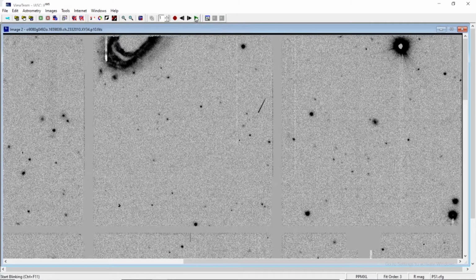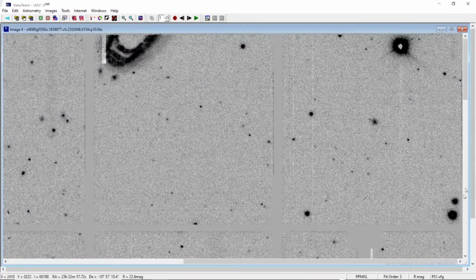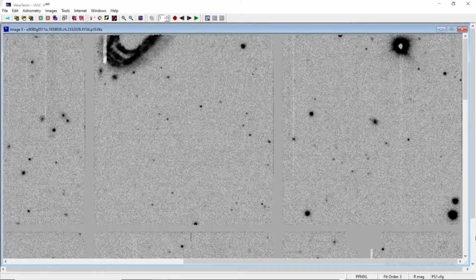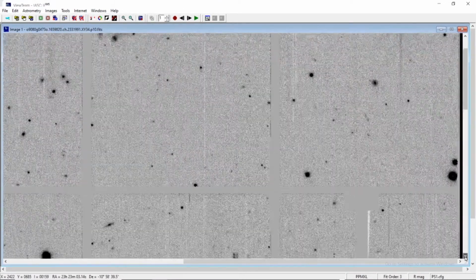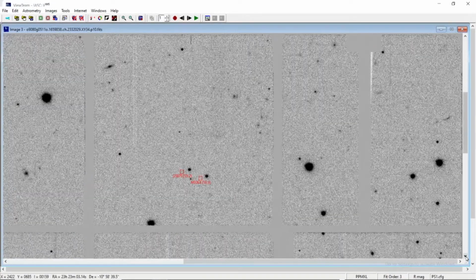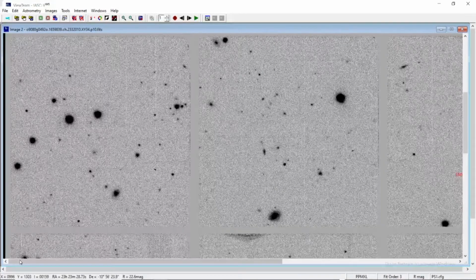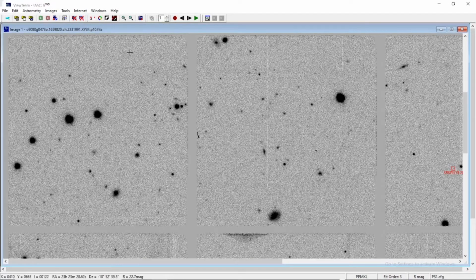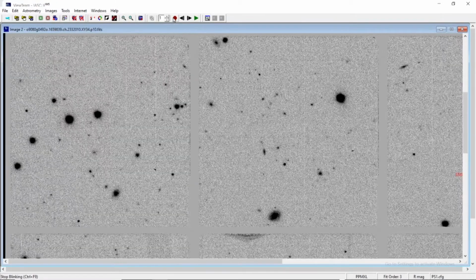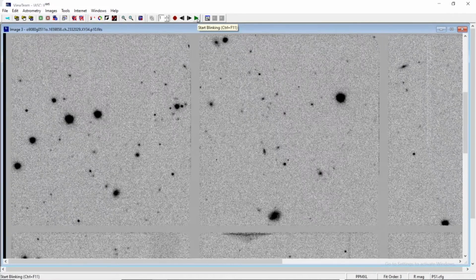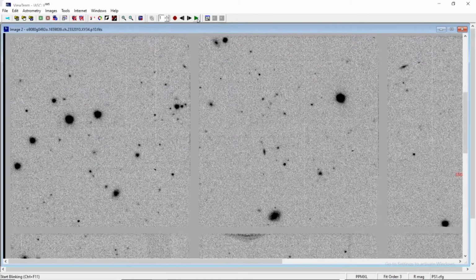Now let me start the blinking and let us see the fourth column also of the first row. So as I can see, there is no movement of any object at all. So now let's come down to the second row and let's begin with the first column here. What we have to do is stop a bit and scan manually. Now here you see, again an object appears. I am stopping the blinking in image number 2. If you find it moving, it should be there in some other frame also. Now let us see. Gone. Not available in any frame at all.